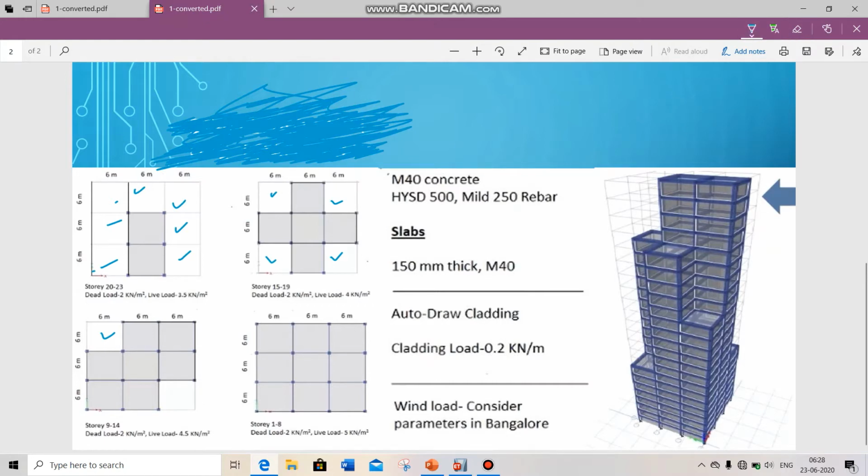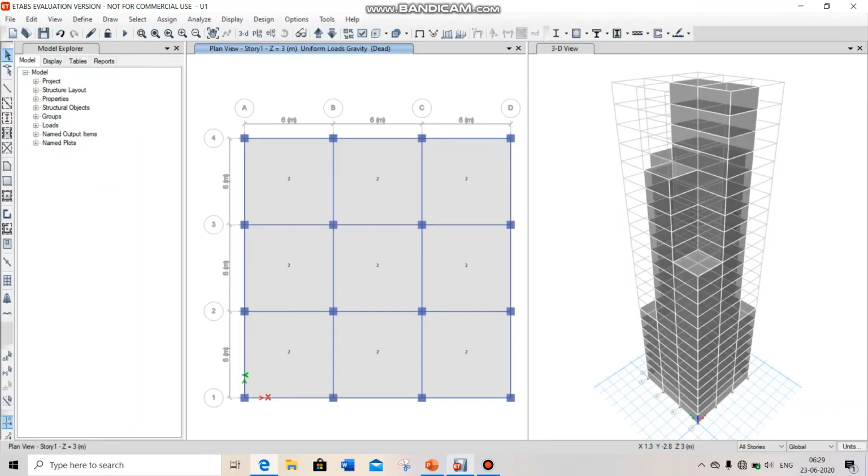You can see here from story 1 to 8 live load value is 5 kN per meter square, and story 9 to 14 it is 4.5 kN per meter square, and story 15 to 19 live load is 4 kN per meter square, and for story 20 to 23 live load is 3.5 kN per meter square. So our live load is not the same in all the stories.